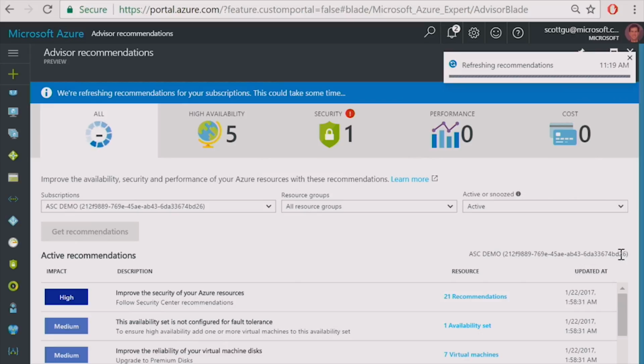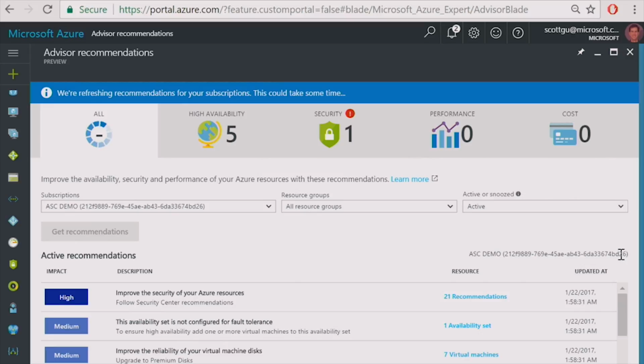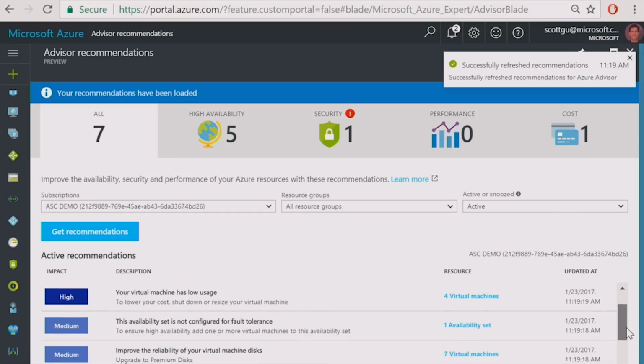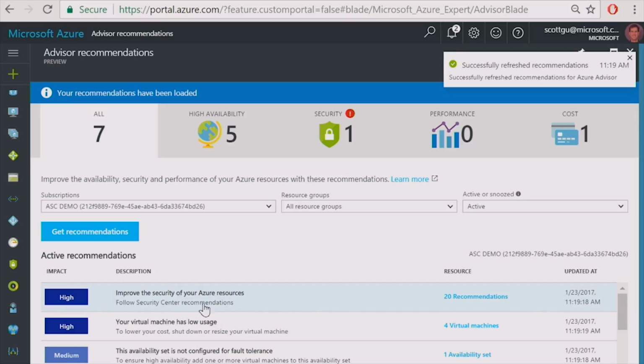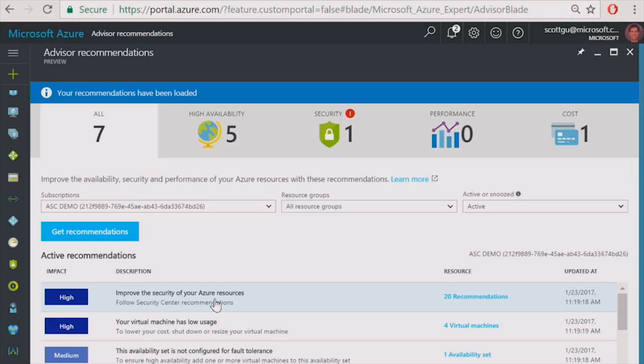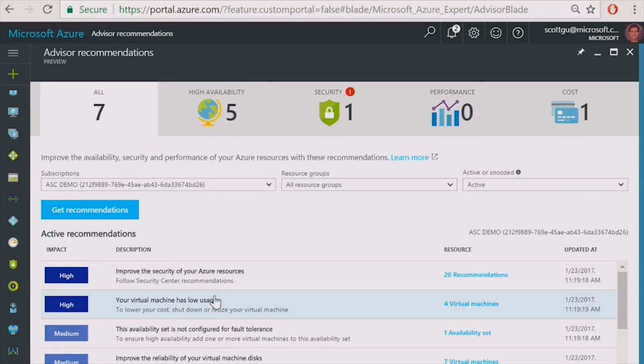And what this is doing is basically looking at the environment, proactively trying to identify what are best practices, not just in the security space, but across Azure that we think you might want to take advantage of and do that'll enable your experience in the cloud to be even better. And so, for example, some of these ones here is, please follow security best practices. So it saw all those issues that we saw in the Azure Security Center, and said this is a high